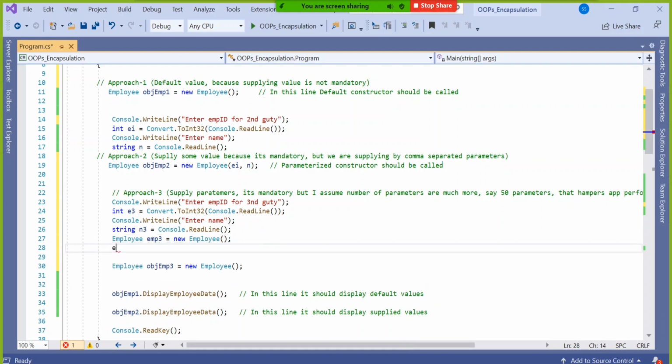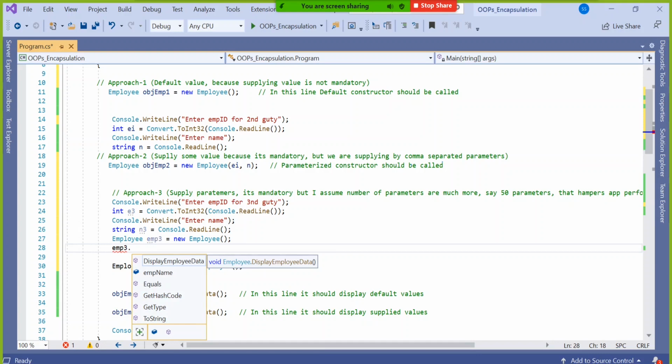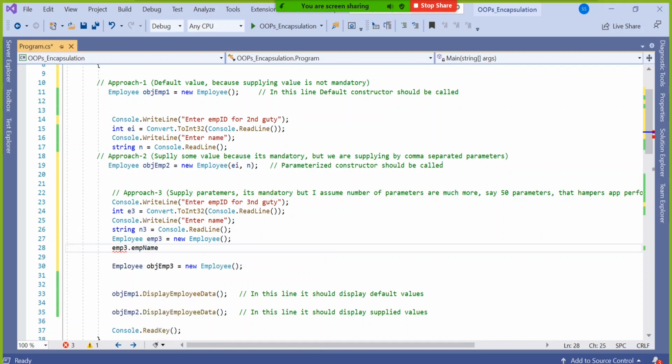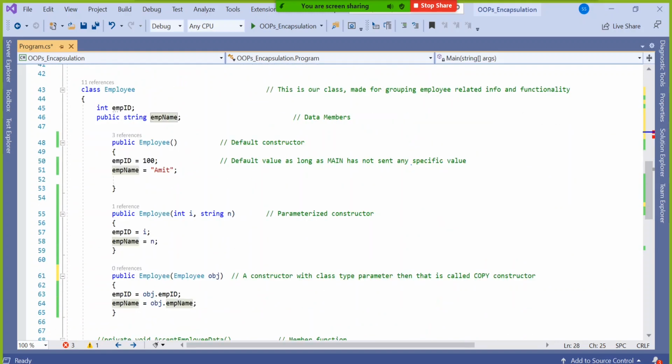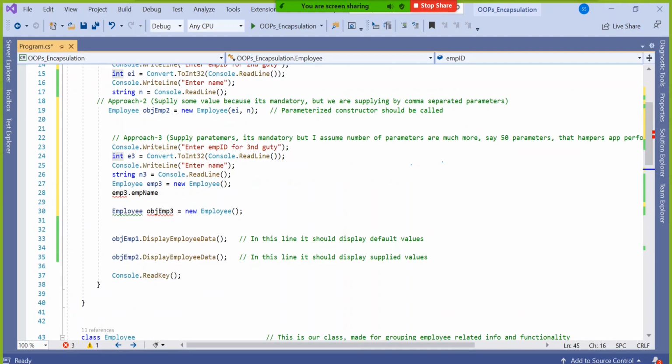Then I will say emp3 dot employee ID. In that case you have to make it public because you want to access that. So I will make both of them public. I have already told you, if you want to access directly, you have to make it public.